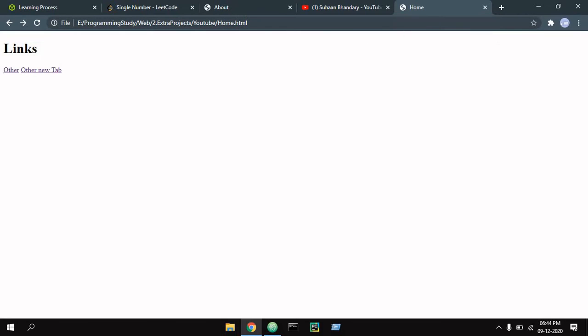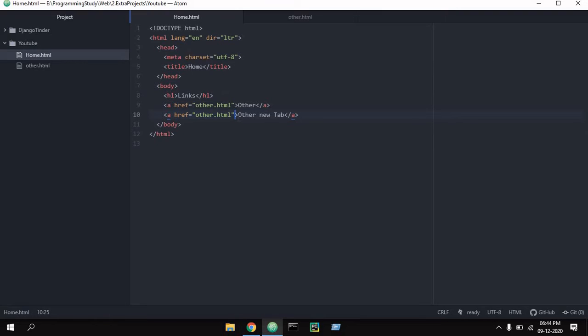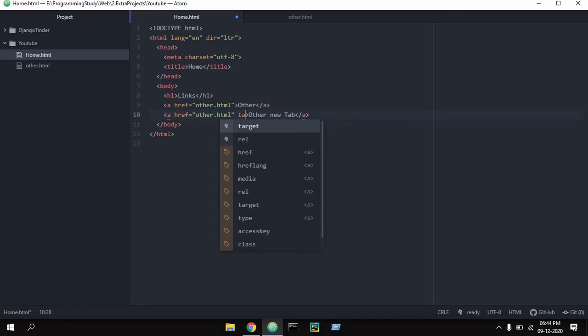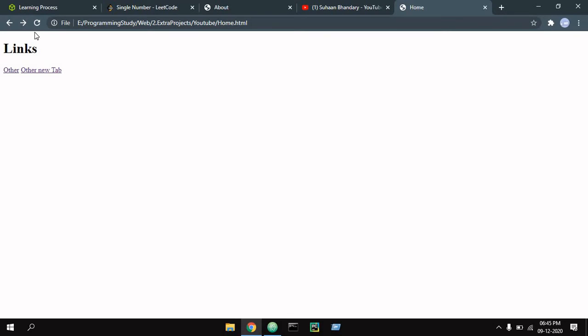To solve this problem, we have to make only one change in the HTML file, which is slight and minor, but it has a greater impact on the code. Now we will see what we have to add. We have to add target, and in this we have to add _blank, which will tell the browser that we want to open a new tab.